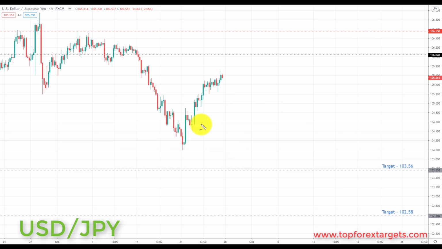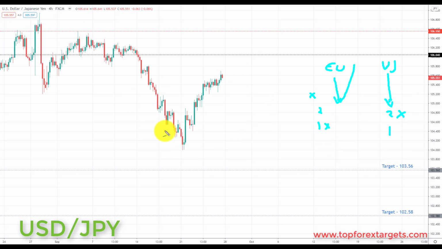Or you could use this perhaps as part of a synthetic hedging plan, which simply is this: if you were to take euro dollar to the downside and you were to short euro dollar with a 2-to-1 risk to reward strategy, let's say, and you were to also short US dollar yen with a 2-to-1 risk to reward strategy, and for whatever reason the dollar unexpectedly weakened, let's say the central bank in the US came out and devalued the dollar, as we know is currently an objective of theirs, and you saw euro dollar rise and you were stopped out on your euro dollar trade for 1x, so say you lost 1 times whatever it is you risk per trade, the US dollar yen would still decline and you would make 2x over here. So overall, you would be up 1x over the 2 trades.